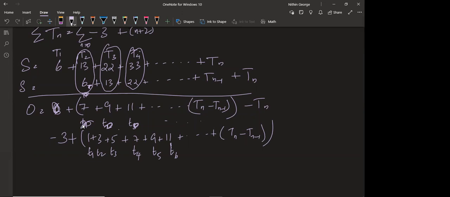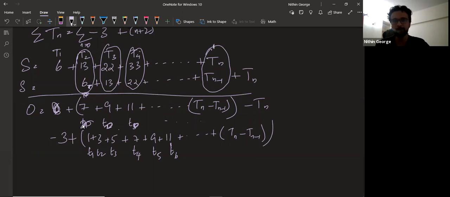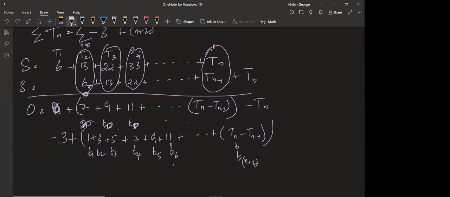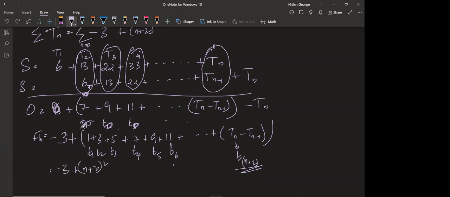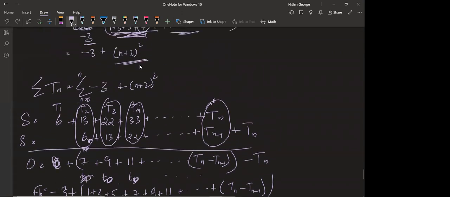Yes, sir. Okay. So now this is the nth term of that AP. So here, what should I get? Here it's T4, here I'm getting T6. So here I get Tn plus 2. Okay. So this is what is happening. The n plus 2 term of this AP is here. Okay. So this is minus 3, minus Tn. This minus Tn, I take to the side as plus Tn. So I get this here. This becomes minus 3 plus n plus 2 the whole square. So this is the summation I'm trying to find here.